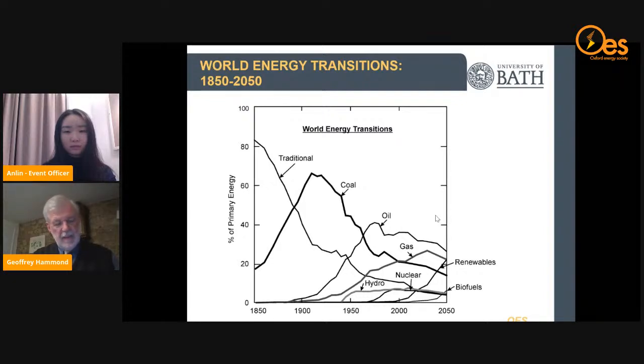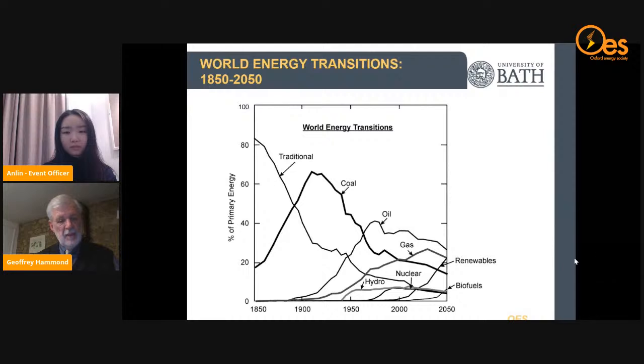It's made up of historic data, the data I've been talking about up to now, but also projections forward. And these particular projections are projections used by Shell. And there are two there. You can see the proposed uptake of biofuels and then renewables in general. But they have a number of different scenarios, and you get different developments in the two scenarios.